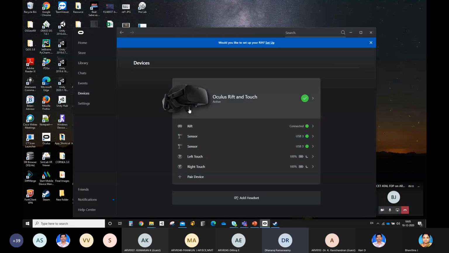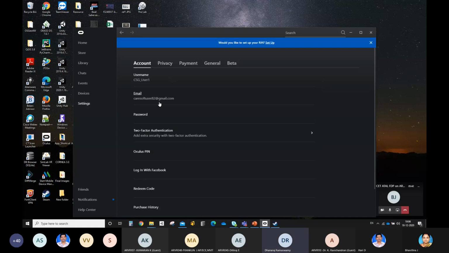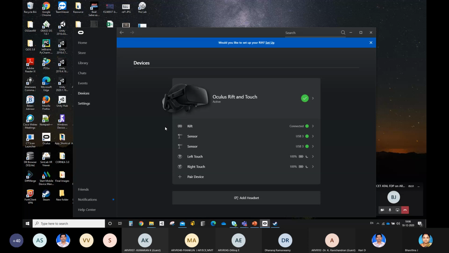Device connection. This is the head-mounted device, the HMD. There is one Rift HMD device and two sensors. The sensors are used to access our controllers, to track movement, up and down, and many other things. The controllers are named left touch and right touch. These are centrally used in our different accounts. This is the full Oculus setup.